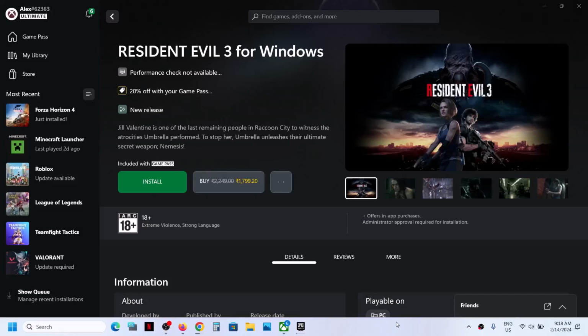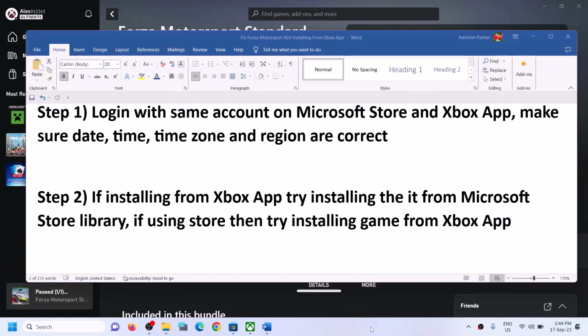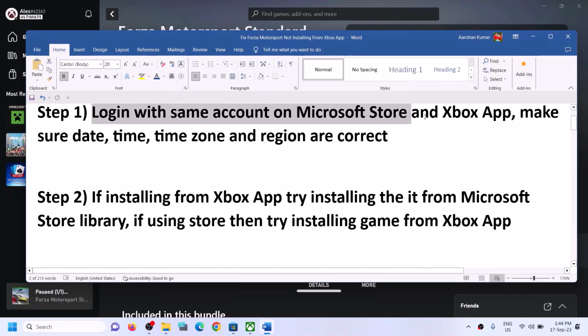Today in this video I'm going to show you how to fix when you're unable to install Resident Evil 3 game from Xbox app, or if you're unable to install it from Microsoft Store, then please follow the steps shown in this video. The first step is to log in with same account on Microsoft Store and with same account